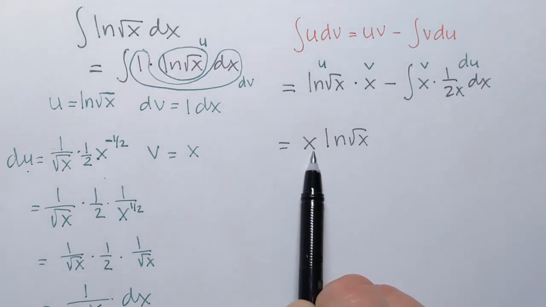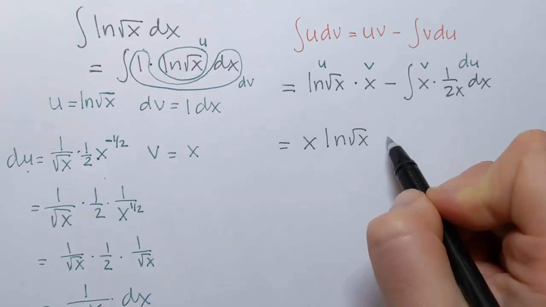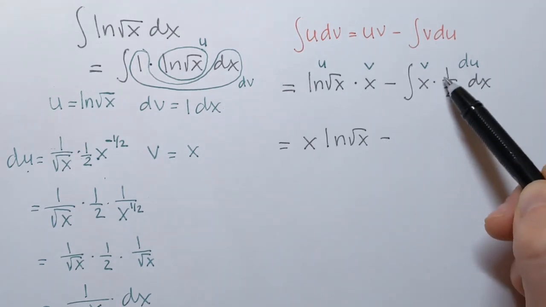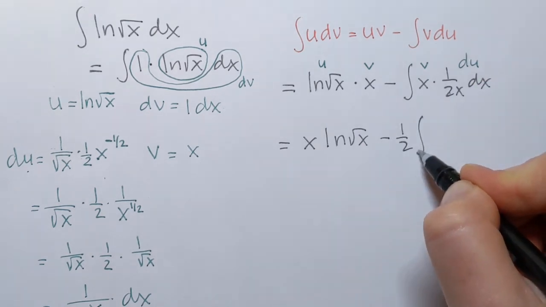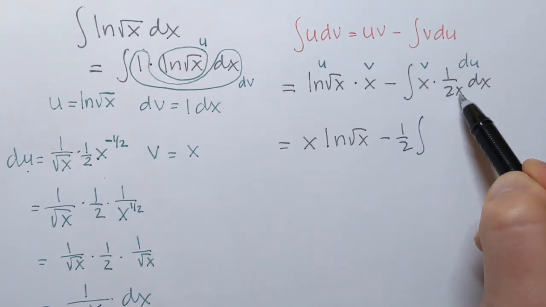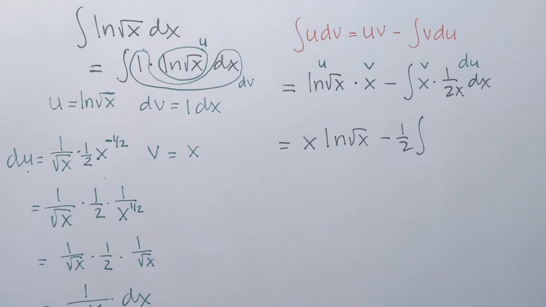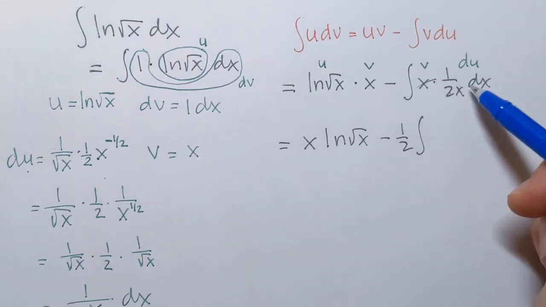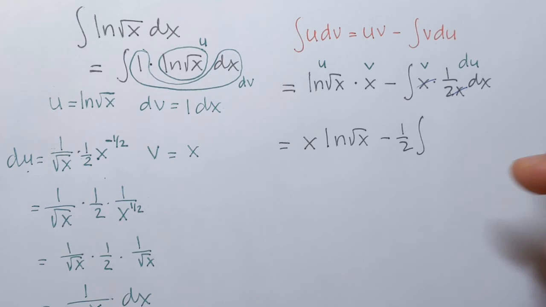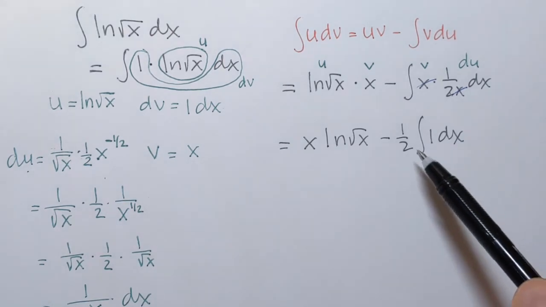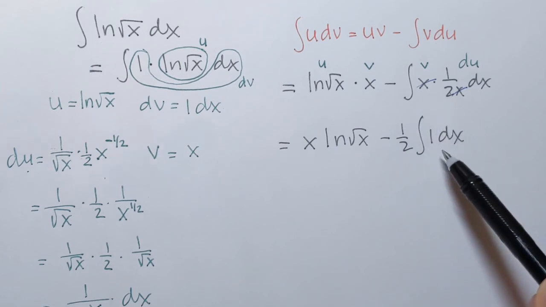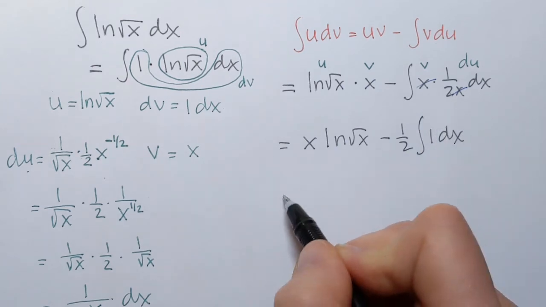Okay, so x ln of square root of x minus, and here we can put 1/2 in the front, 1/2 integral, and then x times 1 over x. Well, that's just 1, right? The x's we can divide out, so it's just going to be 1 dx. Okay, and then as we look at the remaining integral, we can see that it's very simple, and we can easily